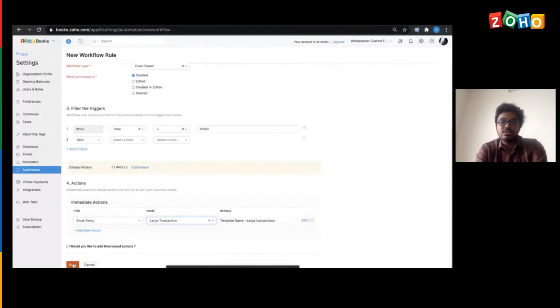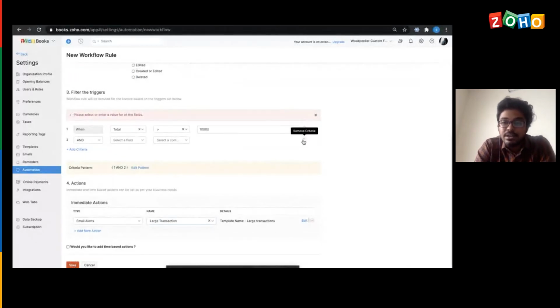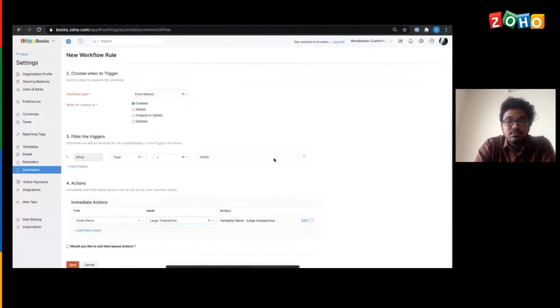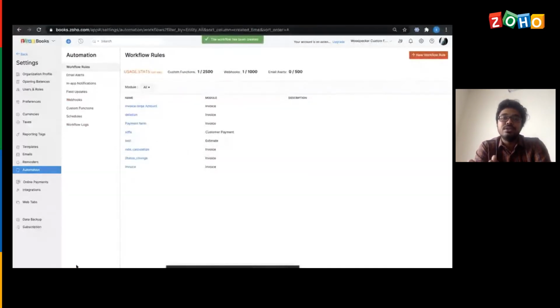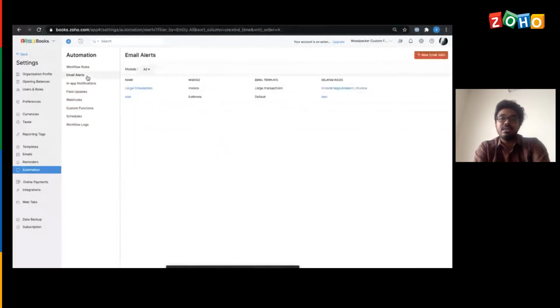We have to select the action that has to be done, and we could choose the action that has already been predefined in the system and make use of it to trigger a workflow rule whenever the criteria match. So here is where the email alert could be set. This is the email alert that I have chosen in the workflow while creating the workflow rule.